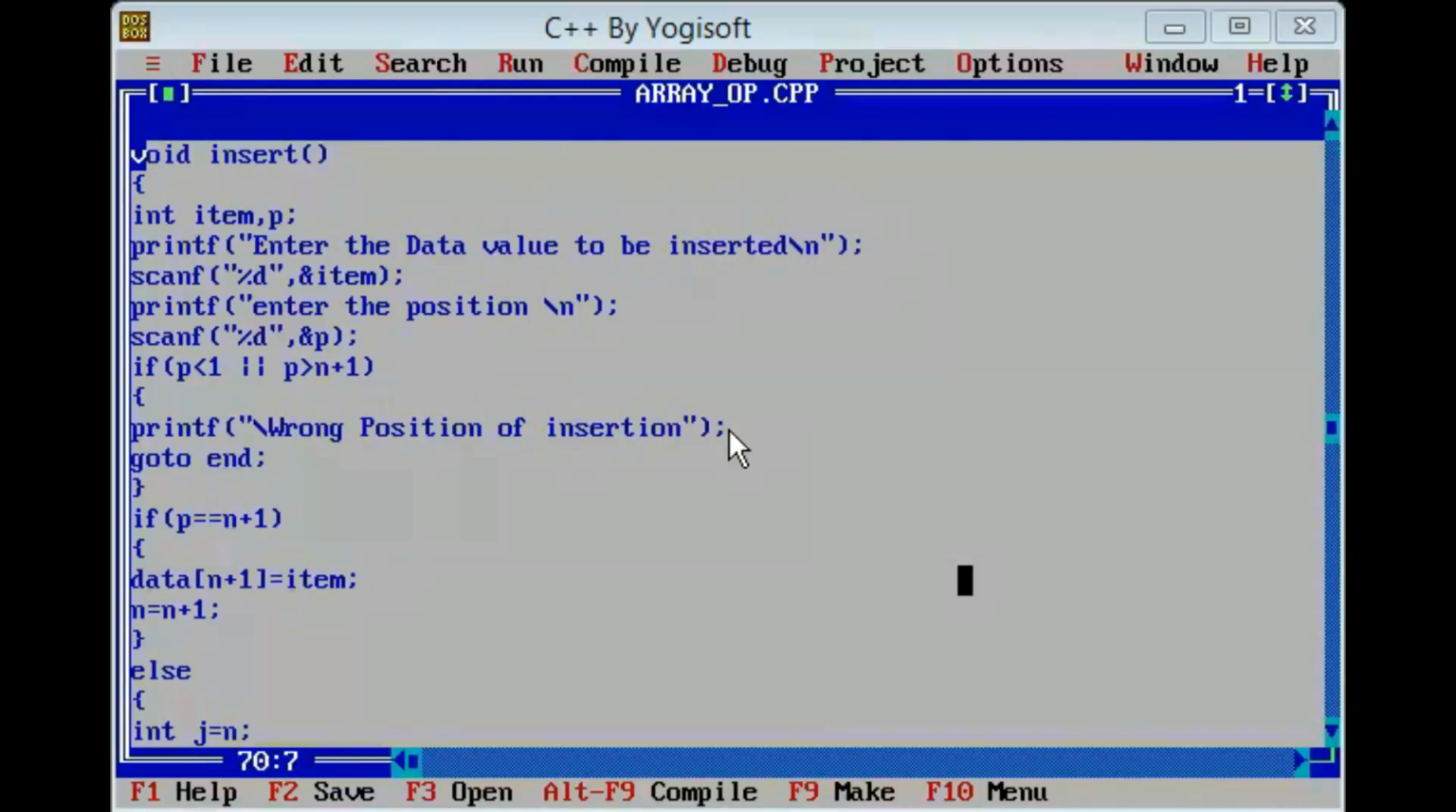Otherwise, what we will do, if p equals to n plus 1, suppose at the very last we have to insert an element, so it is very simple one, data of n plus 1 equals to item and the number of elements should be incremented, that is now n equals to n plus 1. So here this n variable and this data array are global, inside any function we modify it, then it is updated for any other function. Okay. Else